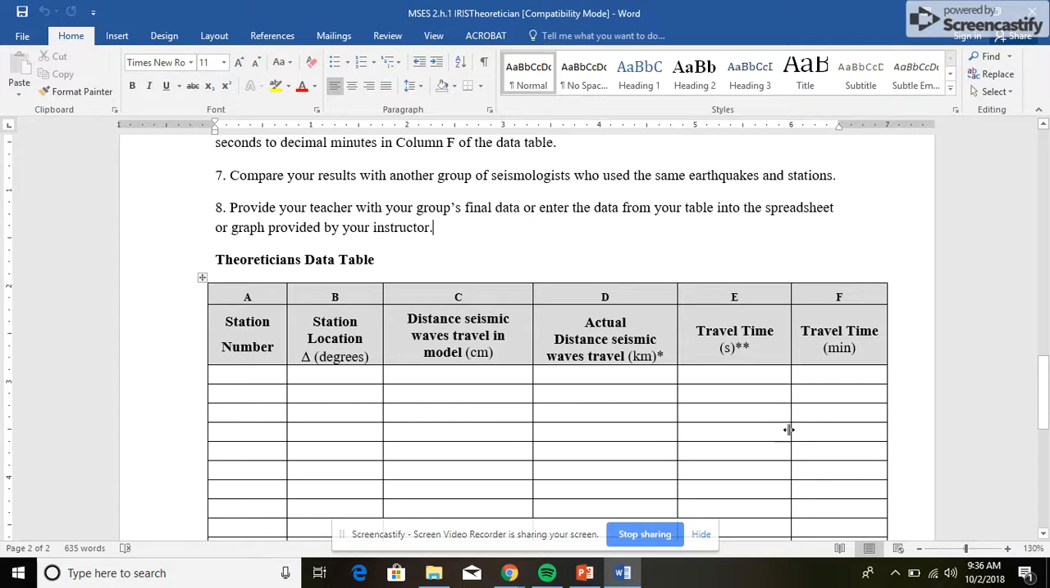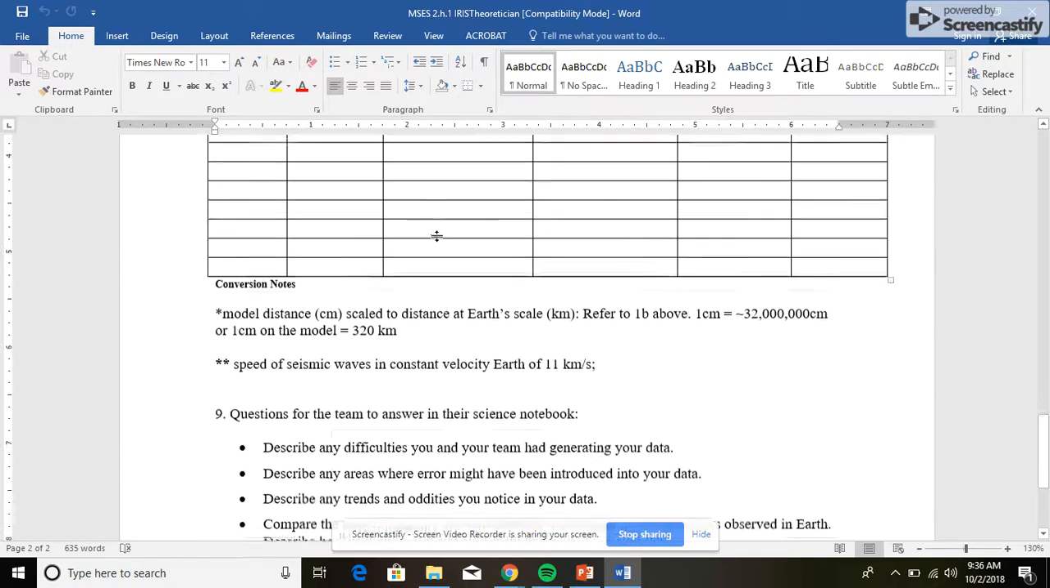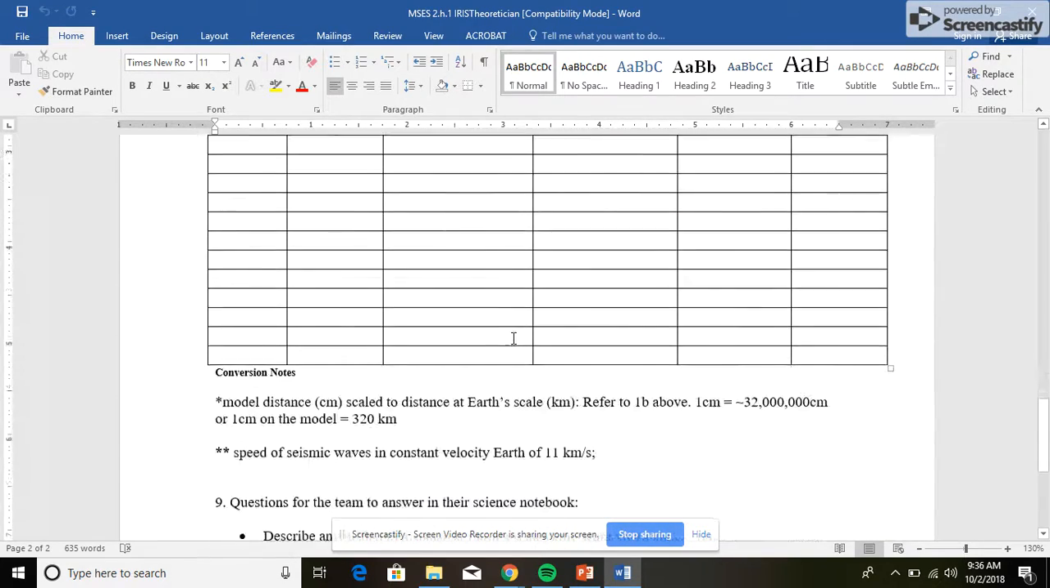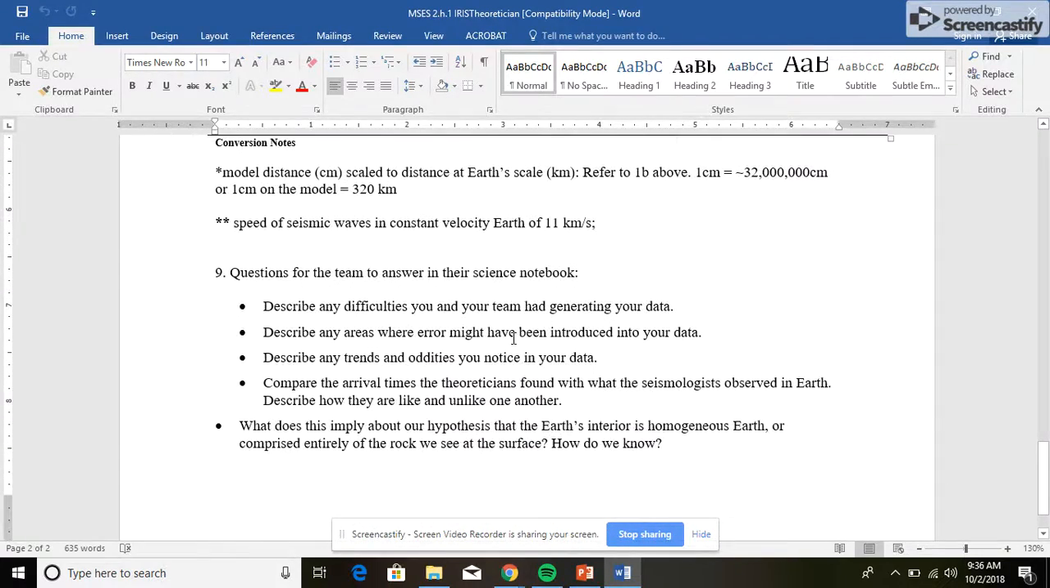It says to compare your results with another group. We won't do that at this time. I will have a spreadsheet that you will enter data in, so come find me and you'll enter your data in there. When that's all said and done, there's 2 more things that you need to do. So going back to